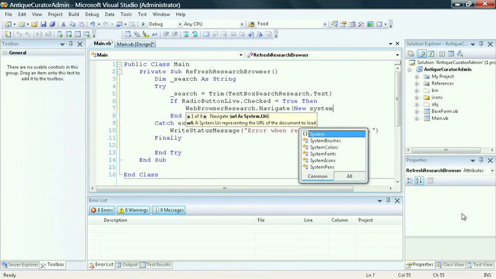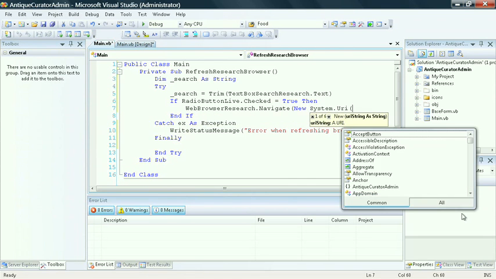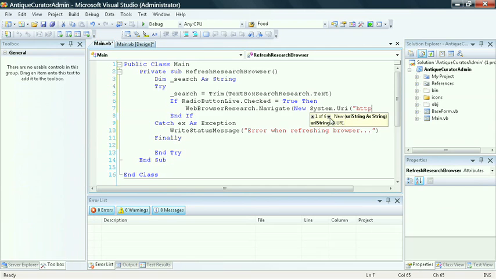Type in new System.Uri. The new URI could expect a string, or it has 6 other overloaded instances that allow you to add additional criteria, whether it's escape or relativity clauses, to your URI. By default, we'll use the simplest one, which is only expecting a string. This string is the actual address for the URL you wish to use. Type in